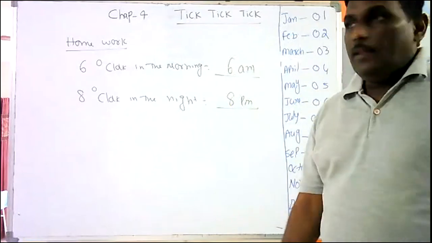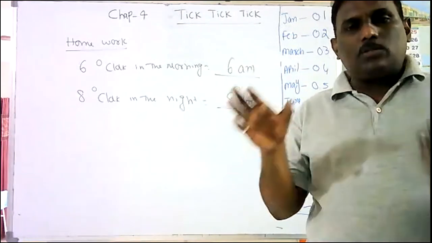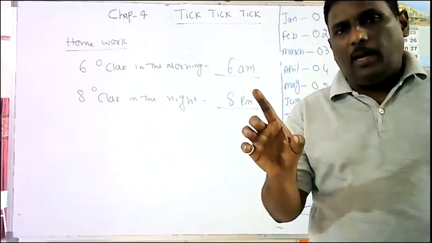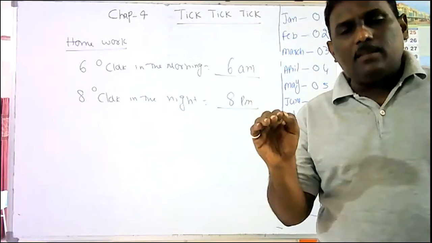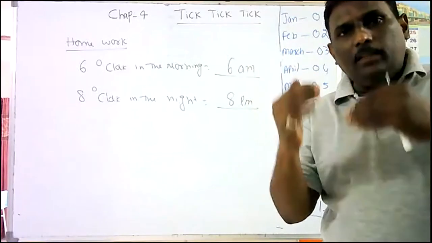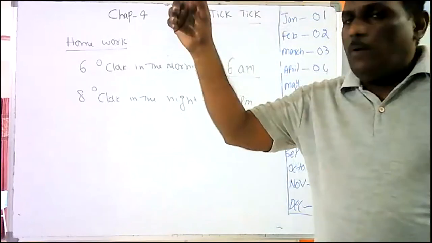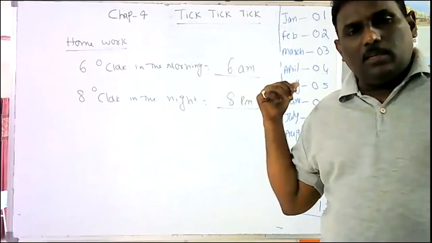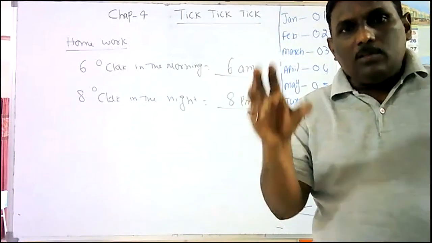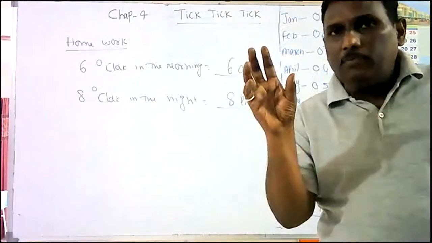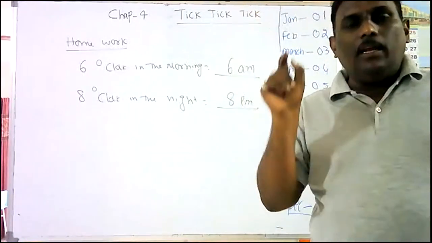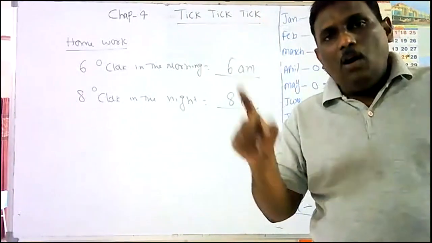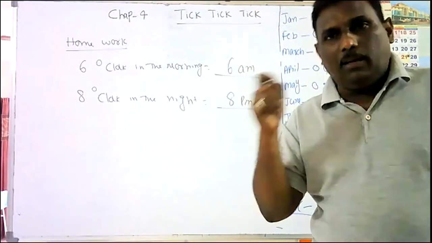Please do it. In the next class, we are going to start identifying the time by looking at the wall clock. I have told you, ask your parents and if possible try to learn. By looking at the watch, you can say what the time is. Now it is 9:40 a.m. How to identify by looking at the watch? There is a minute hand and hour hand. All this we discuss in the coming class.